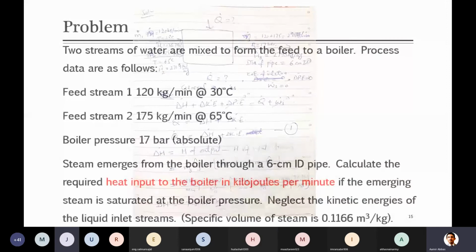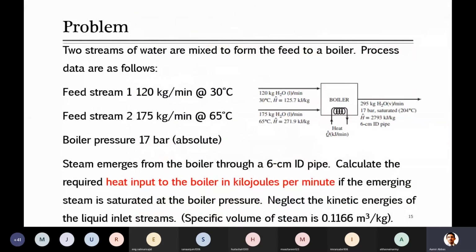In this question, the important thing is that you are given some data, and definitely you can do this calculation if you have some more information. But as per the given data, it's not easy to calculate those values, which we are just ignoring here. Mean for kinetic energy, as I said, if I just modify this question and put the data, for example, for inlet stream, pipe diameter is 3 centimeter, and both inlet stream pipes have 3 centimeter diameter, I tell you here. Now I think you can easily calculate the value of this velocity, so then we will not ignore it.